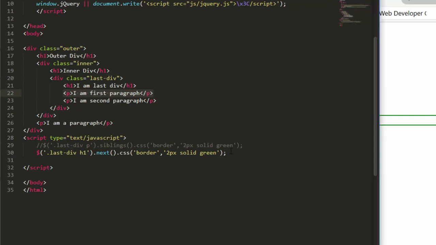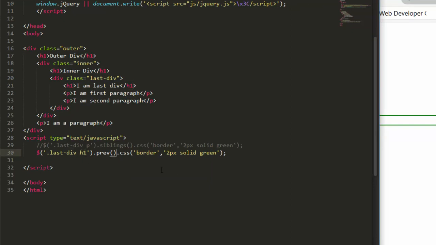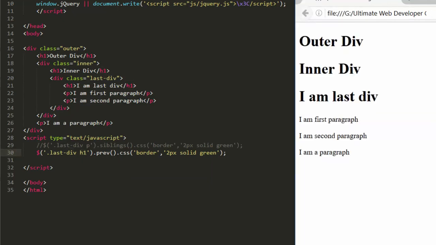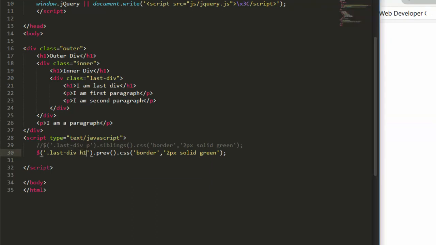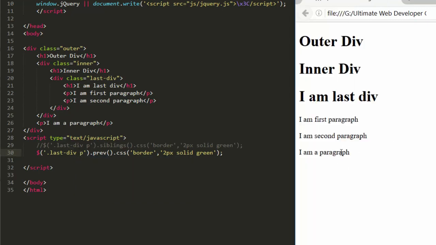Okay, so let's proceed. So this is the next property. Then we have the prev property. So what it does, it selects the previous one. But I don't think that we have any previous for h1. Is it? No. So we have to mention here p, but we have two p's, I mean two paragraphs, one this one and another this one. So first it will execute for this one and it will provide a border around this heading 1, and next it will execute for this one and it will provide a border around I am first paragraph. Let's hit refresh, and there you go,